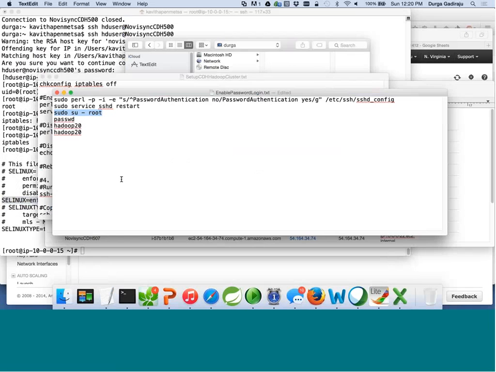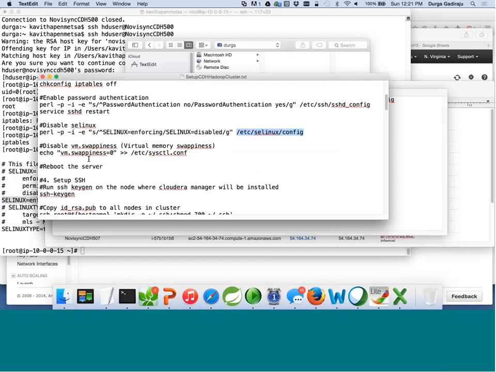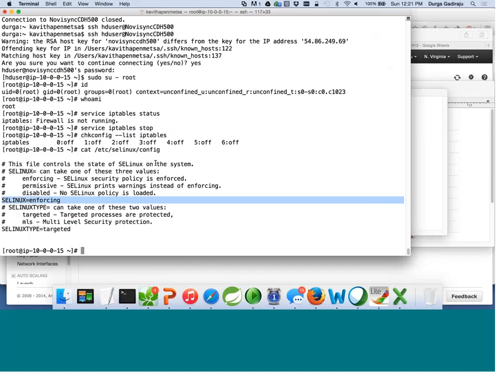And again, I use this perl -pi -e command a lot because you don't need to open the file, go there, type it, and replace it, and then save it. Instead, I use the perl -pi -e command. Either you can use it, or you can open the file and you can change SELINUX=enforcing to SELINUX=disabled. So if you decipher this command,